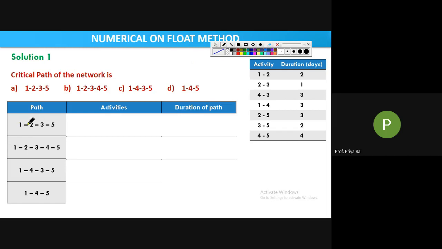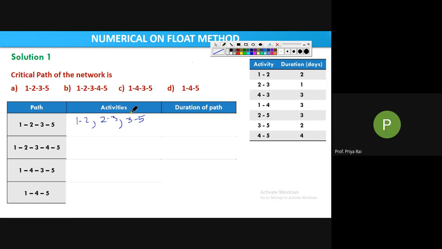So the first activity is here 1 to 2. Second activity is 2 to 3. And third activity is 3 to 5. So where is the 4 to 5 activity coming from? Here there are only 3 activities. So for this activity,